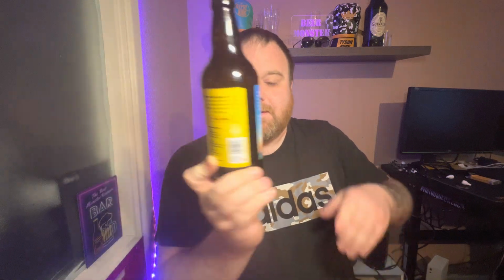Let's have a little look at the back. It says, at KELTEK Cornish Brewery, our innovative craft beers are expertly brewed in Cornwall at our brewery, where we simply blend creativity, passion and expertise to produce an exquisite beer. Well, there you go. And it says at the bottom there,